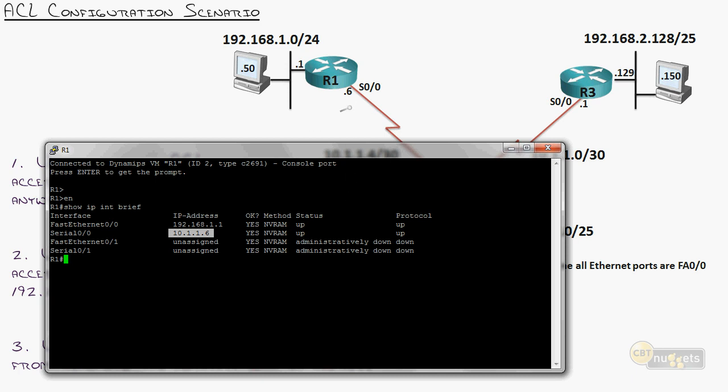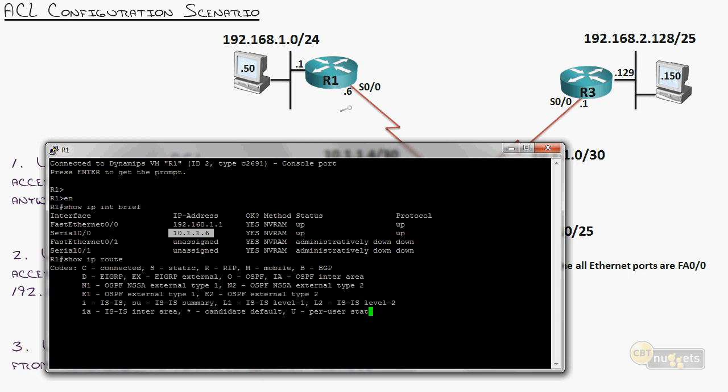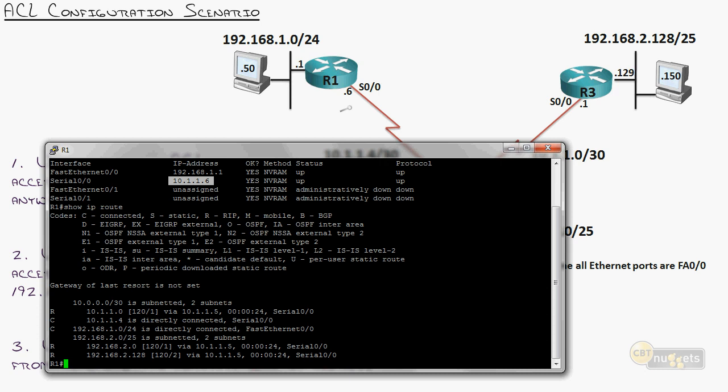But I've also set up RIP. This is just a base config on there. I'm going to do a show IP route, and you can see that router 1 knows how to reach all of the networks in our little mini enterprise here. So he's able to reach